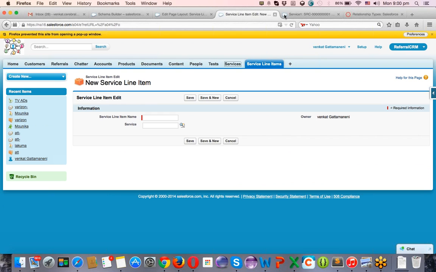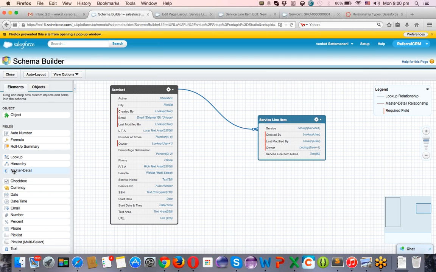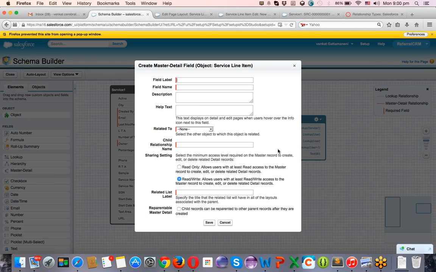I would like to tell you that even the master-detail relationship will look the same way, but the difference is when I'm creating a master-detail field. See, I'm doing it again. I'm dragging and dropping the master-detail field on the same service line item child object. I'm giving it as service 1, related to service only, service 1.